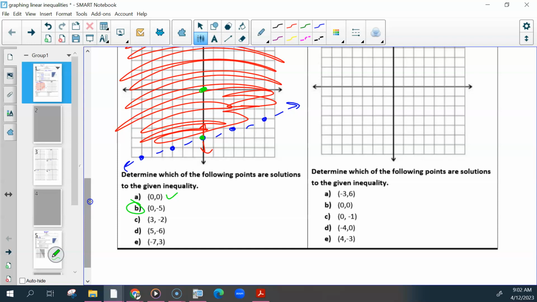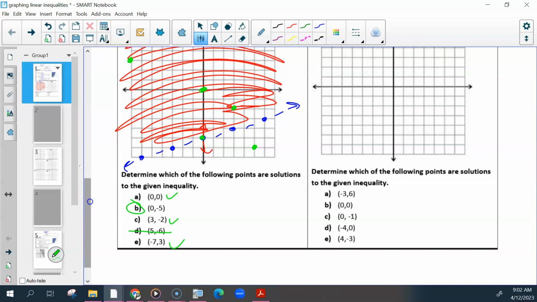3, -2. Does that one fall in the shaded area? 3, -2. Yes. 5, -6. Does that one fall in the shaded area? So that one cannot be a solution. -7, 3. Does that one fall in the shaded area? Yes. Okay. So now going back to 0, -5, because it falls directly on the line, in most cases, especially